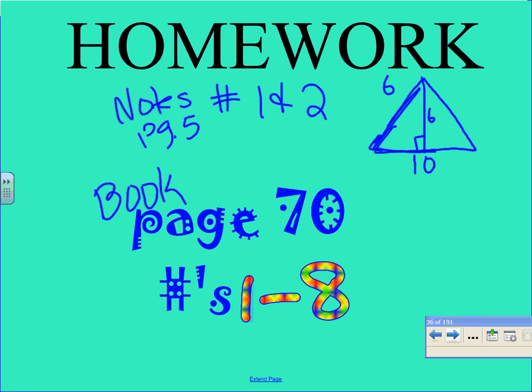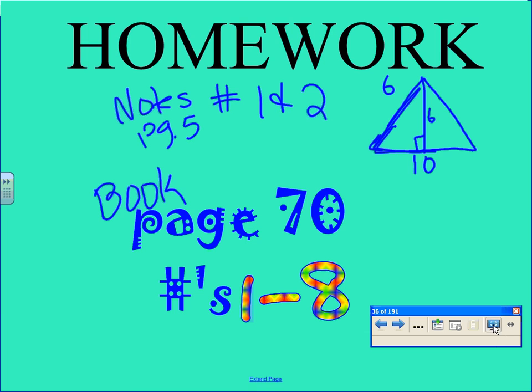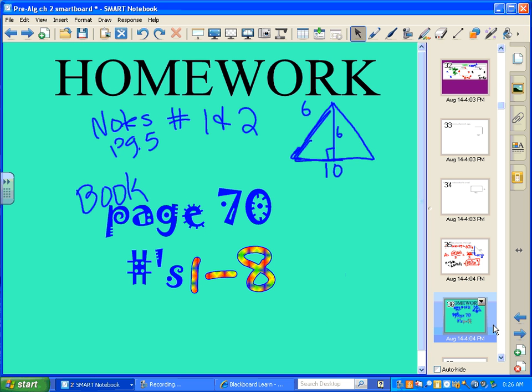Please do that. That should have been done a long time ago. So notes and book. Zach? Yeah, but they all correspond. So if you go to page 70, it'll be the same assignment. Charles, are you okay with the assignment? Yep. Okay, guys, you can